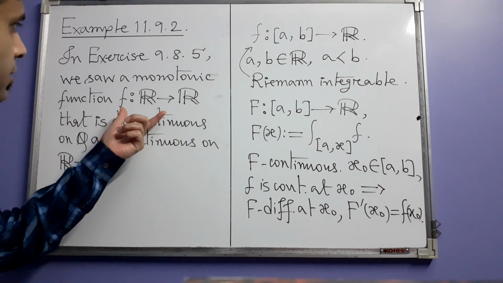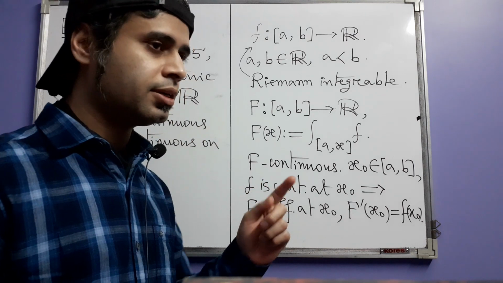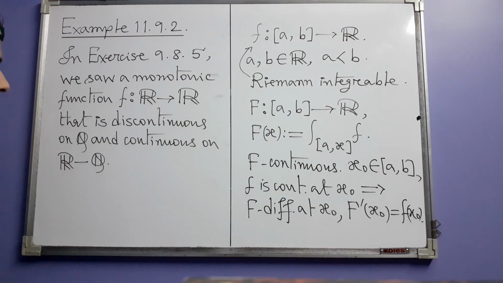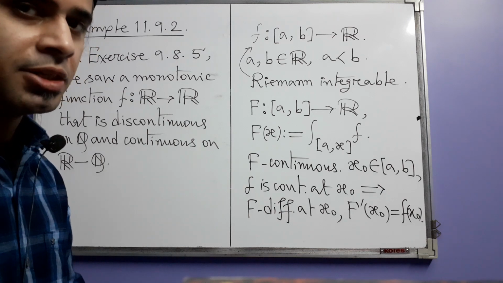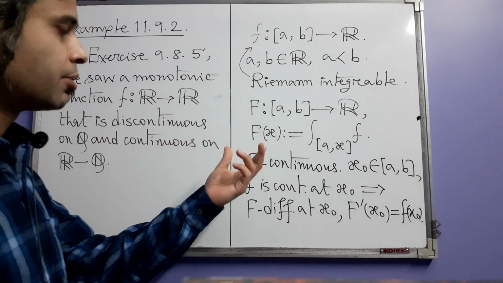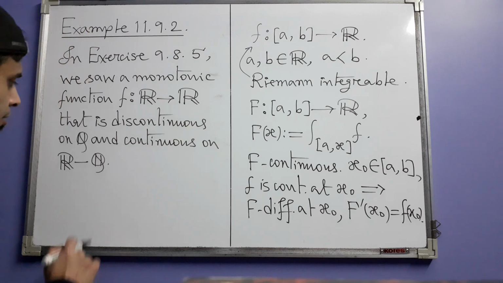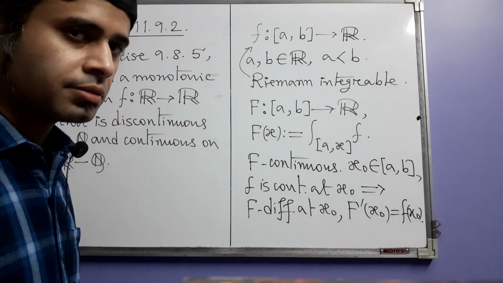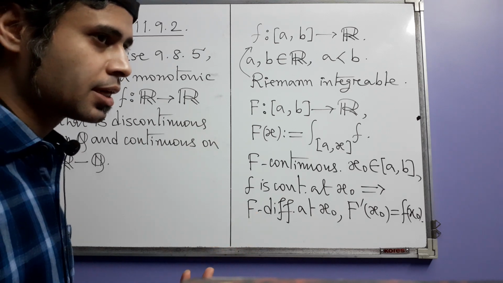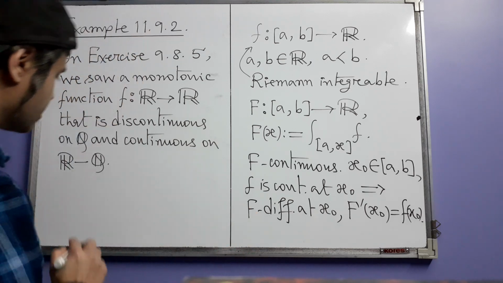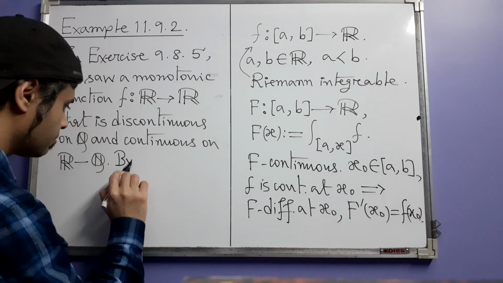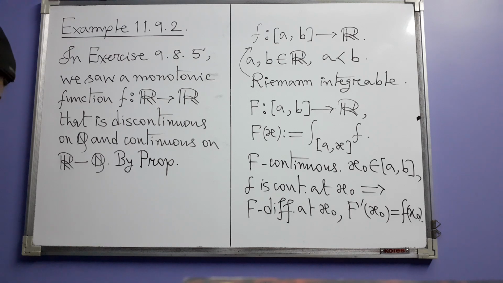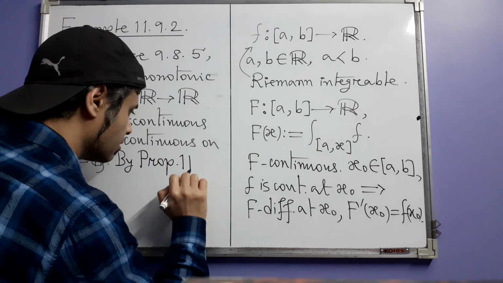Now, because the function is monotonic, in fact, if you remember, it is strictly monotonically increasing. Because it is monotonic, it is integrable. I mean, if you restrict the function on a closed bounded interval, say 0, 1, and that of course follows from proposition 11.6.1, from that section where we discussed integrability of monotonic functions. So by prop 11.6.1,